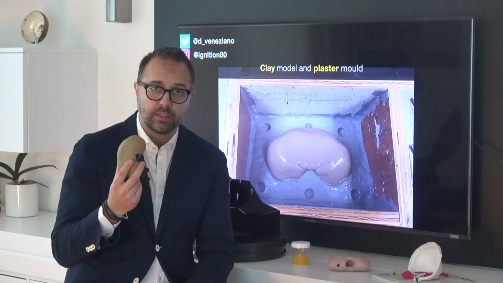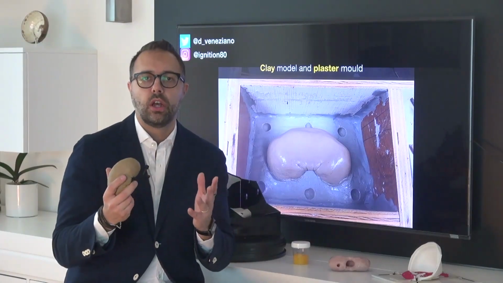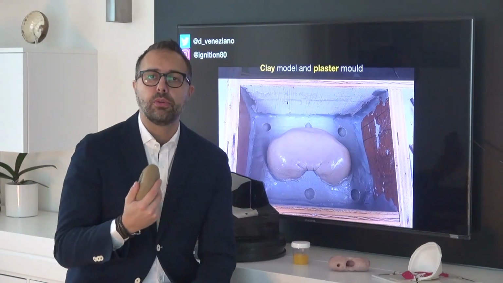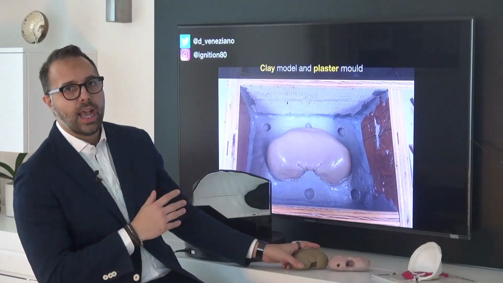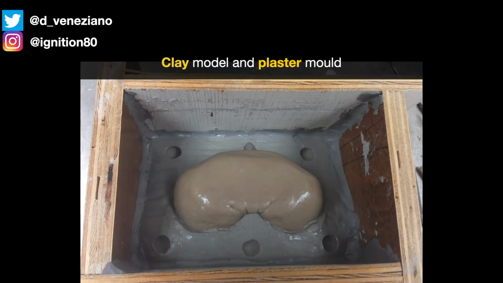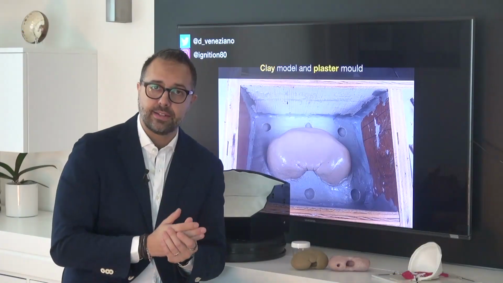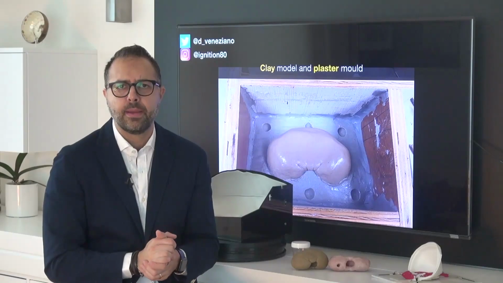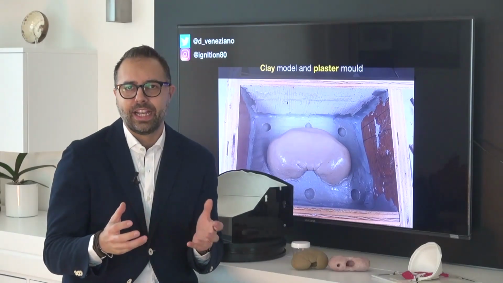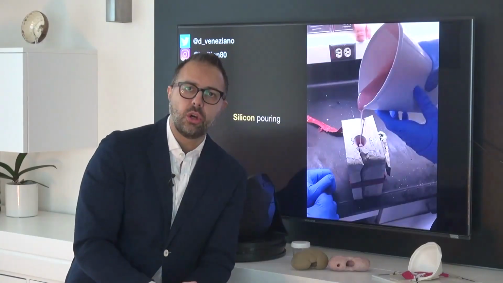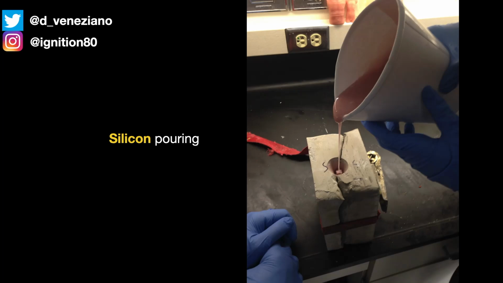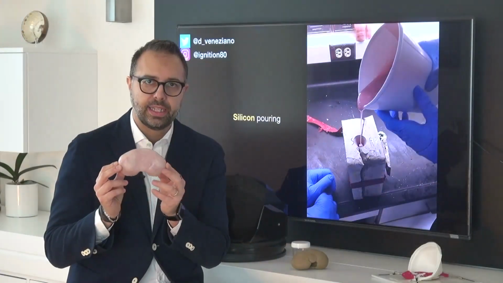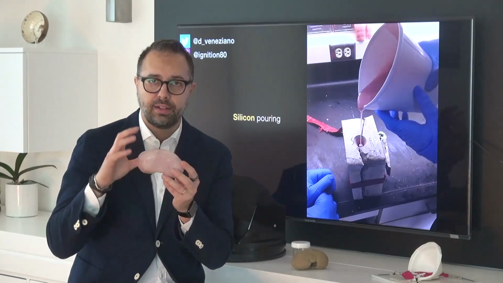Once the clay is modeled, then you need to make a mold of the little model in order to pour in afterwards the material that you prefer. And you can see here on the slide how the model is already placed into the first half of the final mold. In this case, we are using plaster. Plaster is very hard and it's pretty much suited for building a cheap mold. After that, you go on and you start pouring inside the material of choice, in this case the silicon. This is the final kidney that we had coming out from the two halves of the mold.